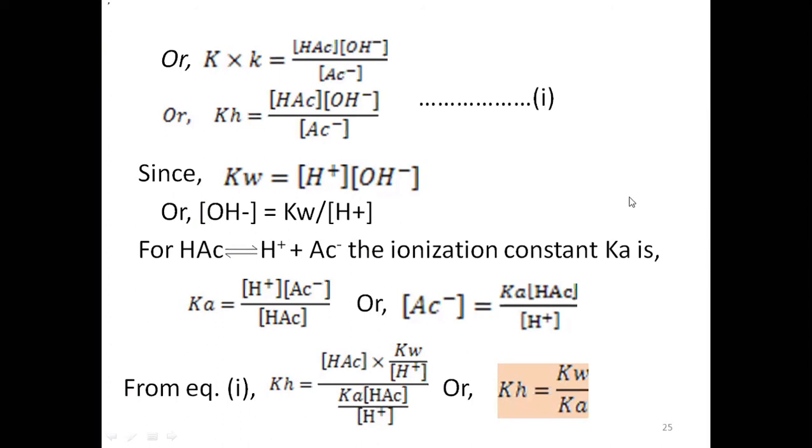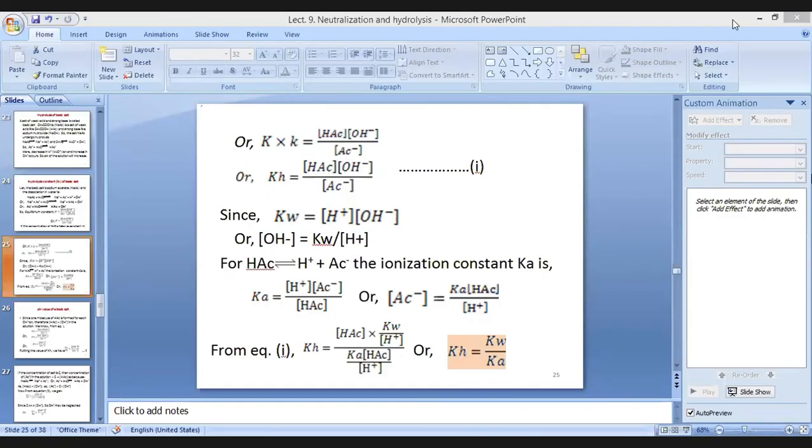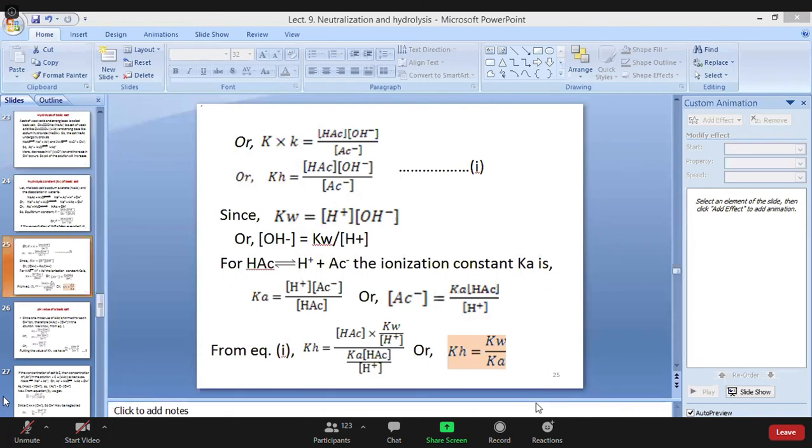বোঝা গেছে? Sir, Kh means constant hydrolysis. সল্টের ইকুইলিব্রিয়াম কনস্ট্যান্ট। এ বন্ধুরা সবাই বুঝতে পারছো? হাইড্রোলাইসিস কনস্ট্যান্ট।